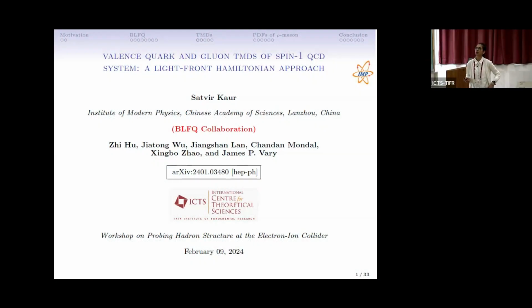So I will talk about the valence quark and gluon TMDs for the Spin-1 system in the basis light front quantization approach, which is a light front Hamiltonian approach. And I have two parts in my talk. In the first part, I will talk about the TMDs and PDFs of the rho meson in the basis light front quantization approach. And in the second part, I will talk about the structure of the deuteron in some other approach, that is